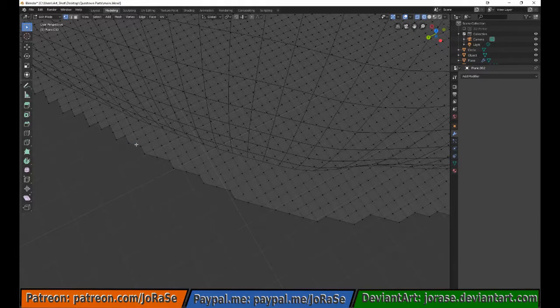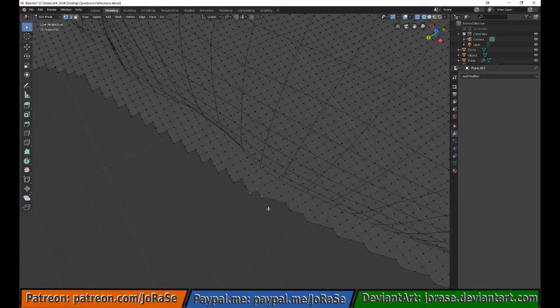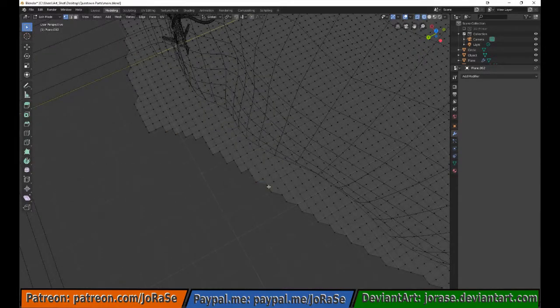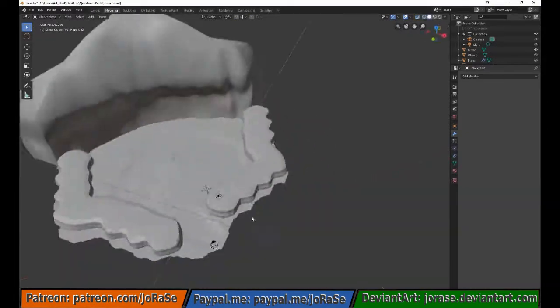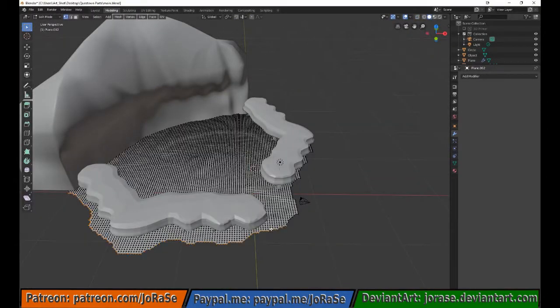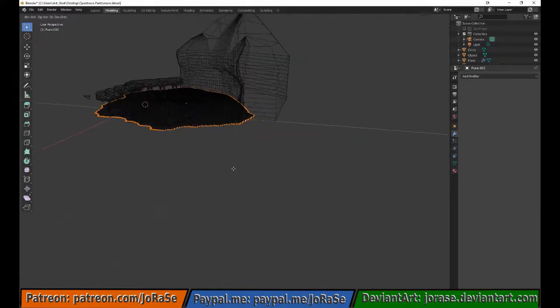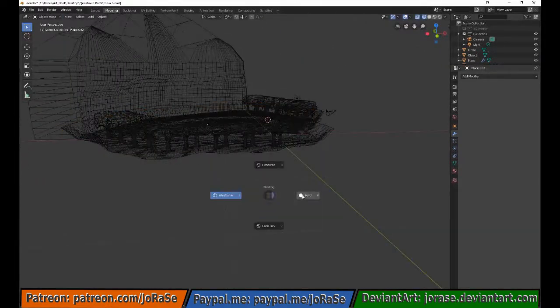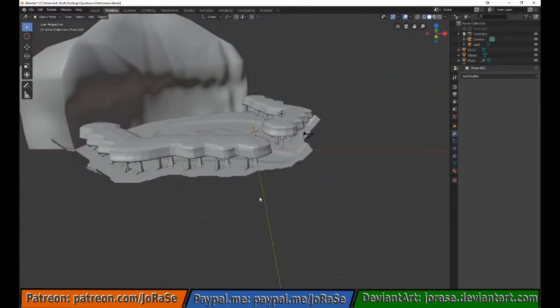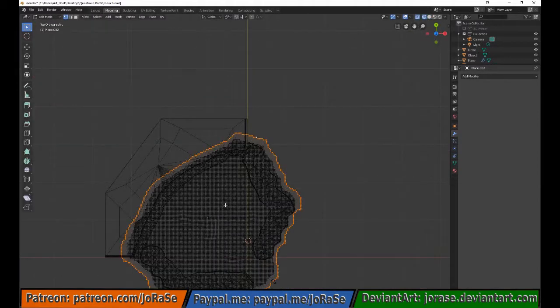Now, same thing around back here. Get them filled in. Just about there. Alright, now to get that entire solid edge, and we're going to extrude it up and out a little bit